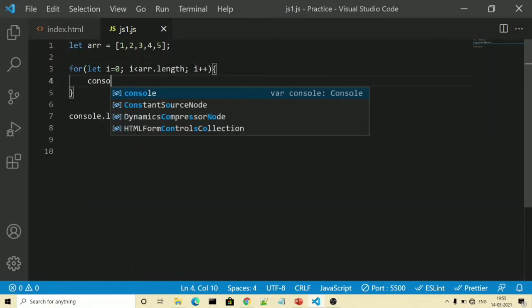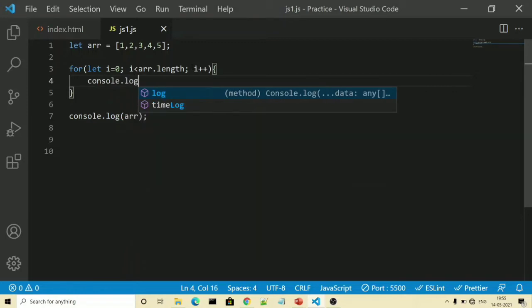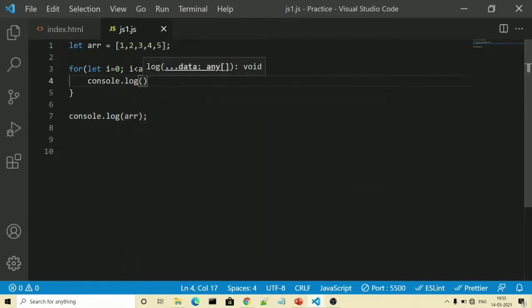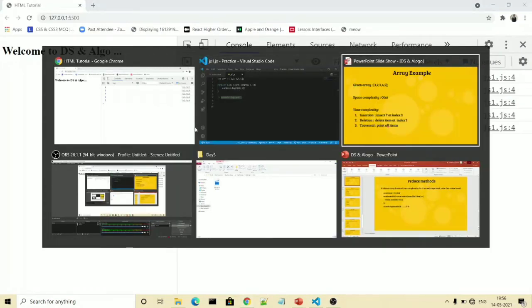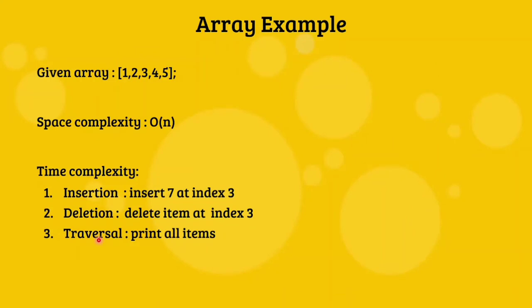Then we will write console.log and put arr[i]. We don't need the previous console statement for now, and our values are printed: 1, 2, 3, 4 and 5. So here also the time complexity will be O of n.